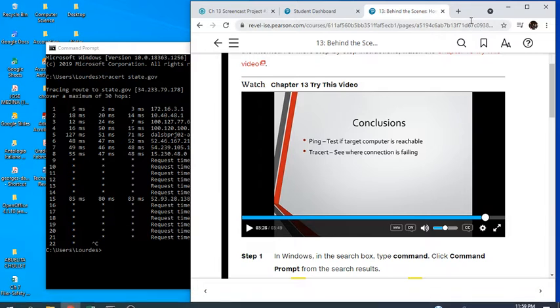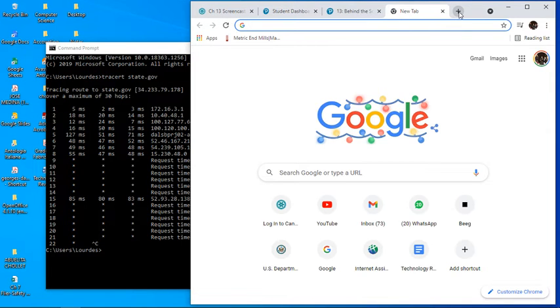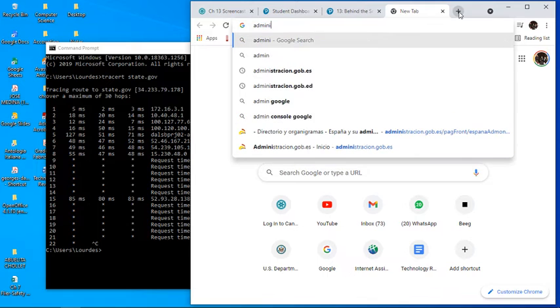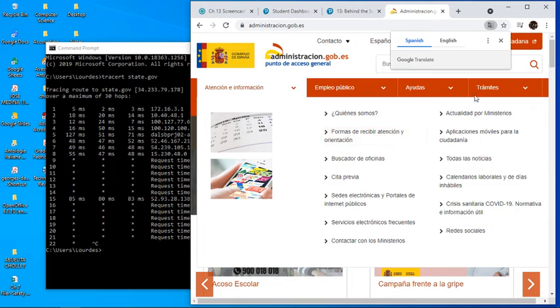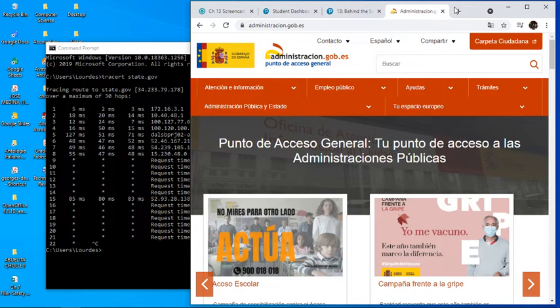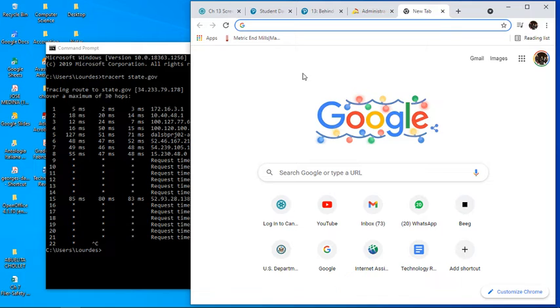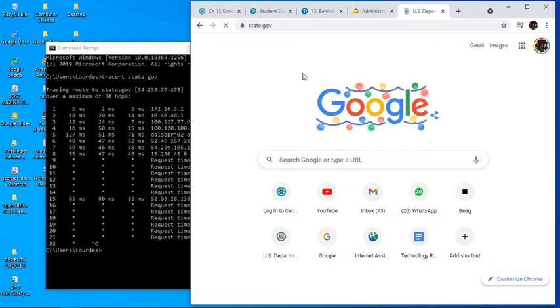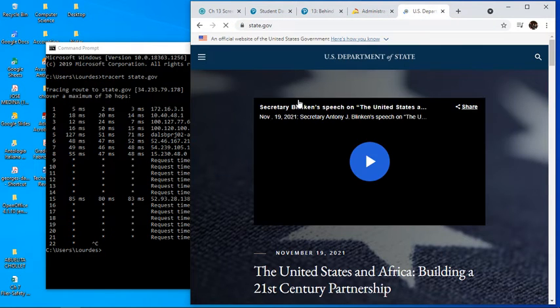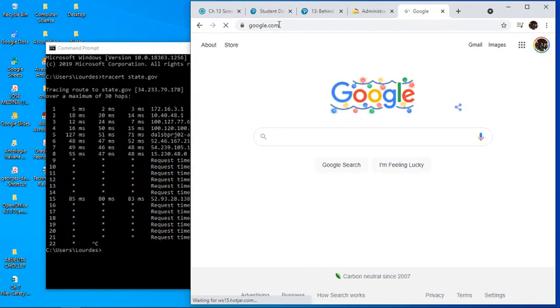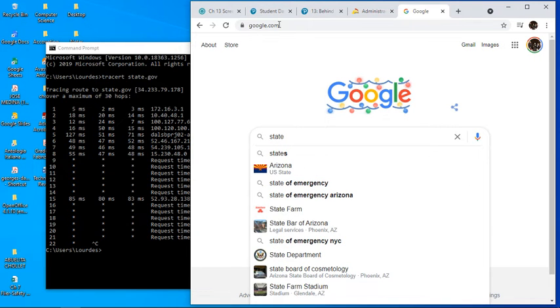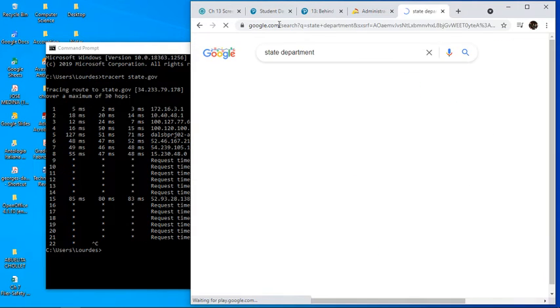And it's interesting, if I go to Google and I type for Madrid and I click on it, it took a couple of seconds more, even though the website is already saved there. And if I do State Department, it just directs me there. If I go to Google, State Department,